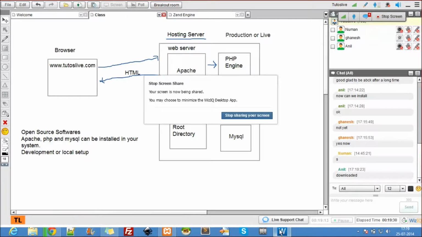Download it. Okay, just open it, click on it. If the download is done for you guys, just open it.